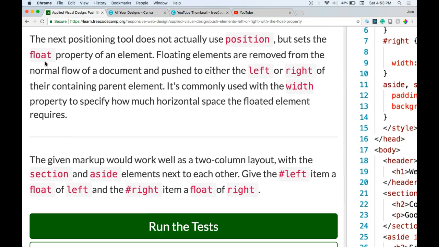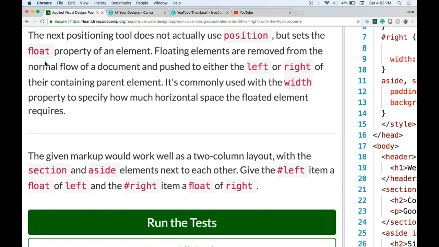The next positioning tool does not actually use position, but sets the float property of an element. Floating elements are removed from the normal flow of a document and pushed to either the left or right of their containing parent element. It's commonly used with the width property to specify how much horizontal space the floated element